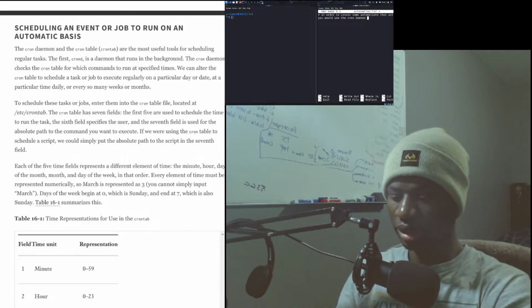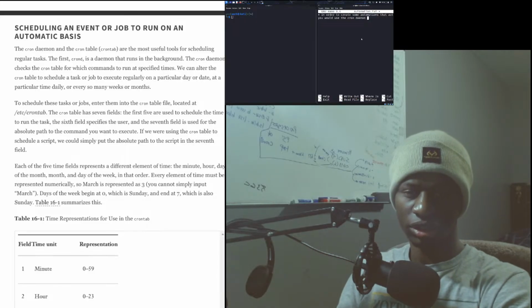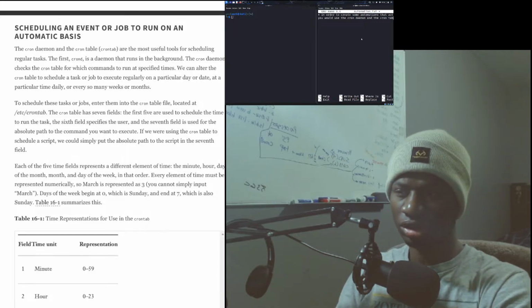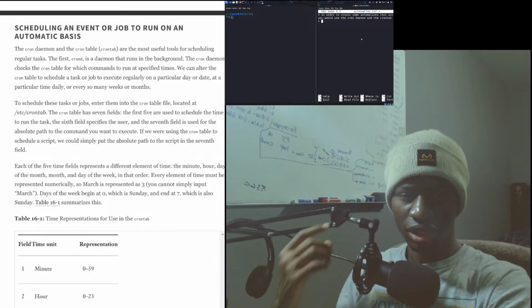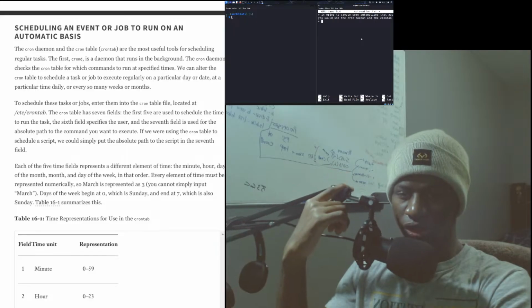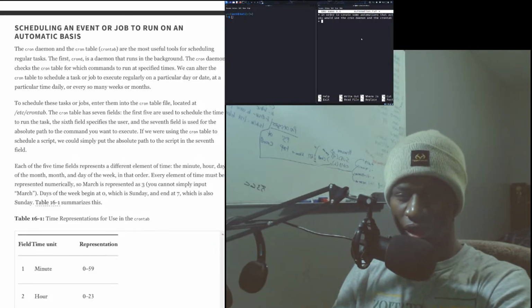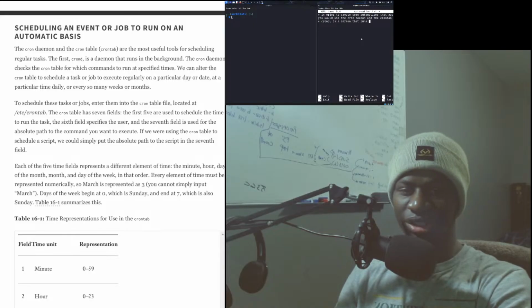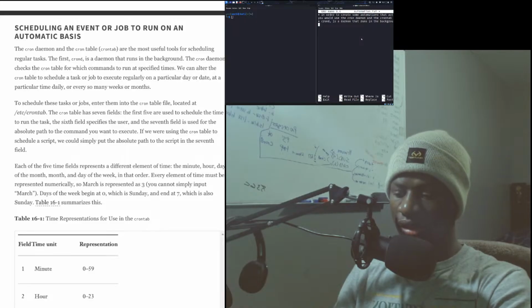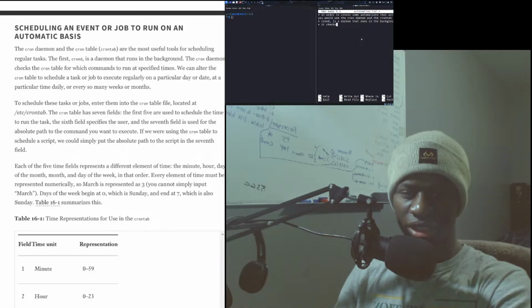Daemon, and the crontab. These are the most useful tools for scheduling regular tasks. First, cron is a daemon that runs in the background.